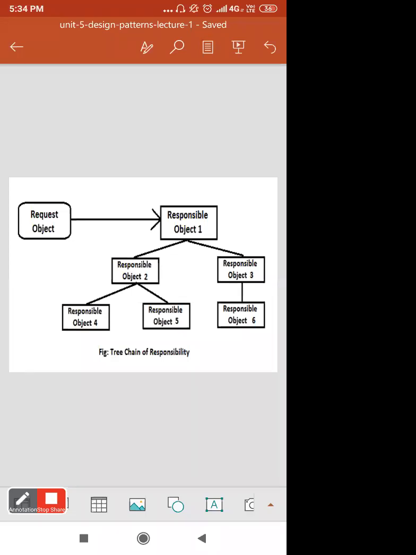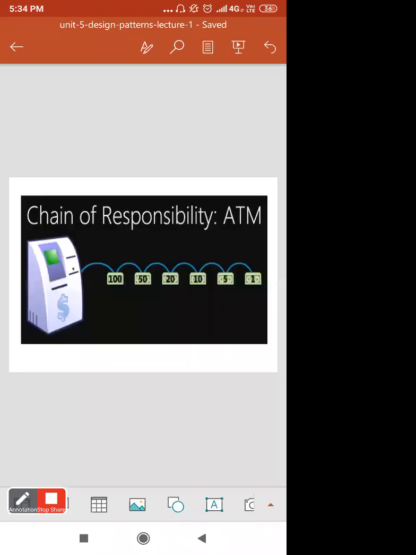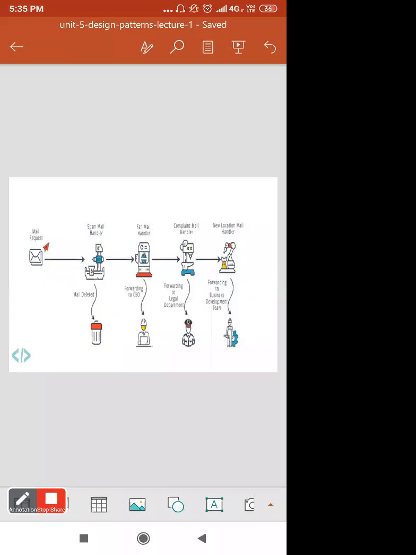You can get a clear idea of this chain of responsibility in the next diagrams. One more example is an ATM machine. If you want to do a particular transaction and it cannot be fulfilled by rupees 100 notes, it will go for 50, then 20, then 10, and so on, until the transaction amount is withdrawn and your request is satisfied. So that is a chain of responsibility.